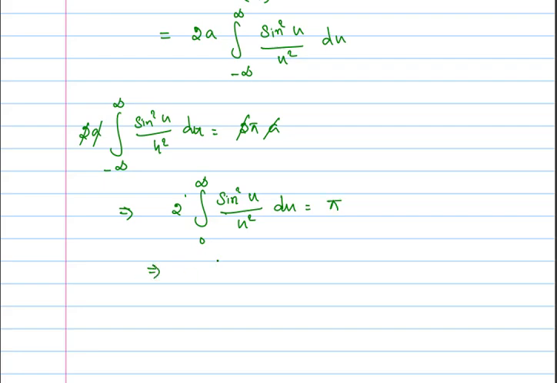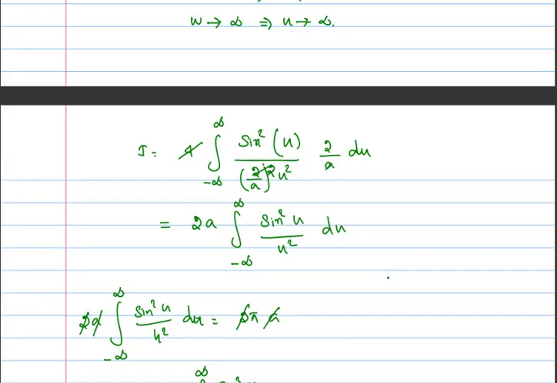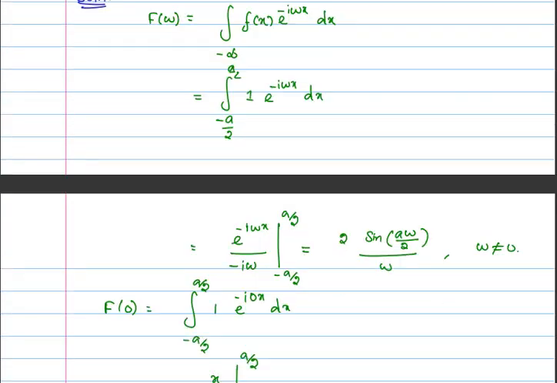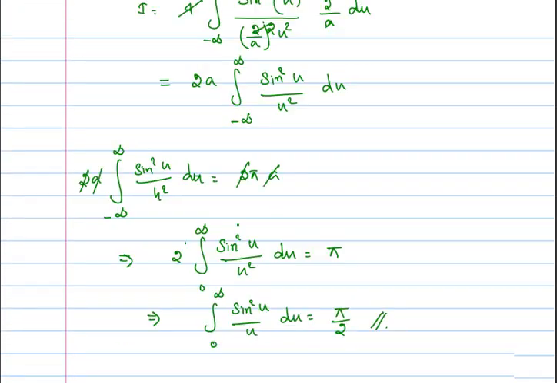This implies the integral from 0 to infinity of sin square u divided by u square times du equals pi over 2. So we evaluated the integral from 0 to infinity of sin square x divided by x square dx is pi by 2. I hope